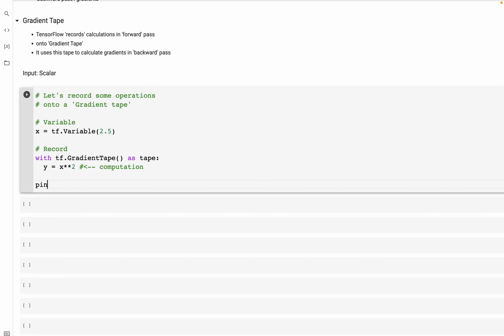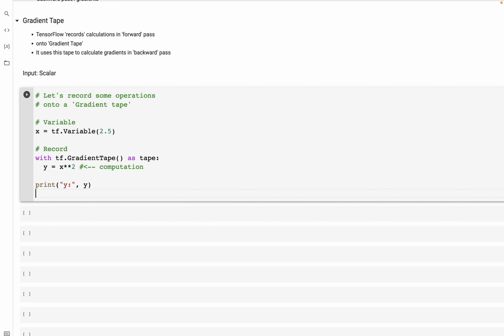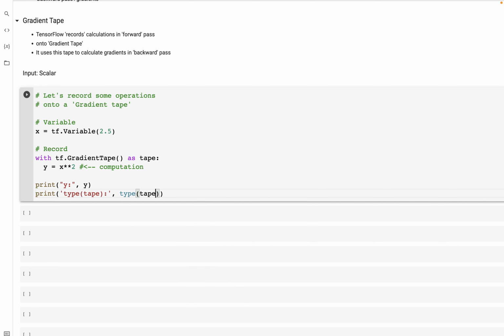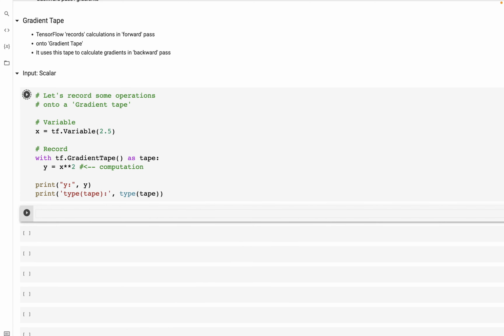So let's print y, and also let's print the type of tape. So when we run this,